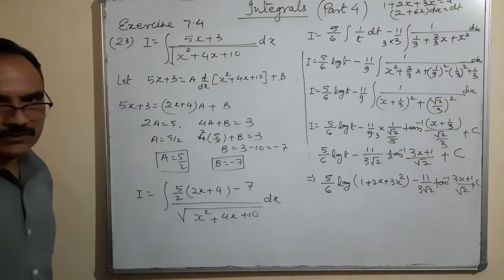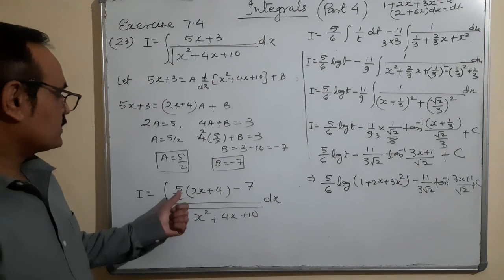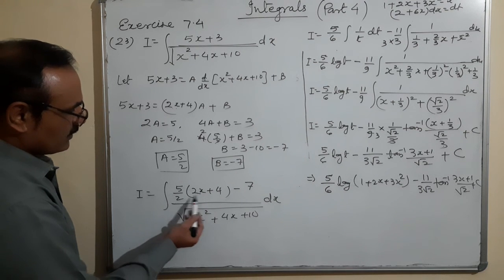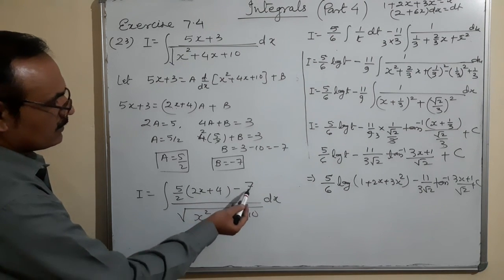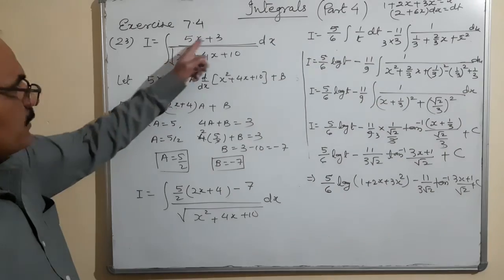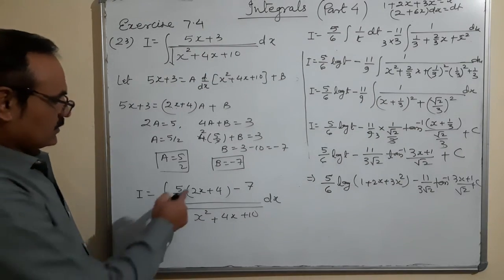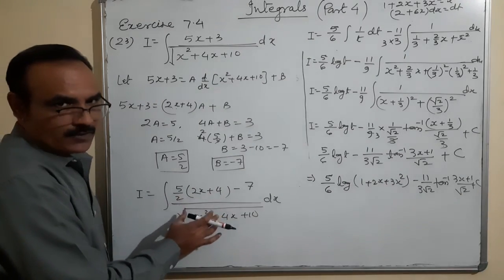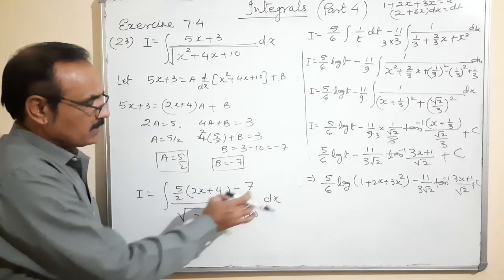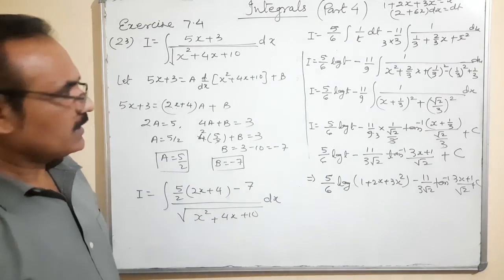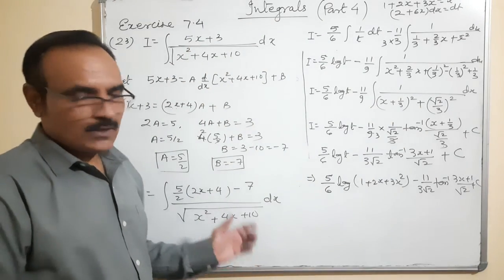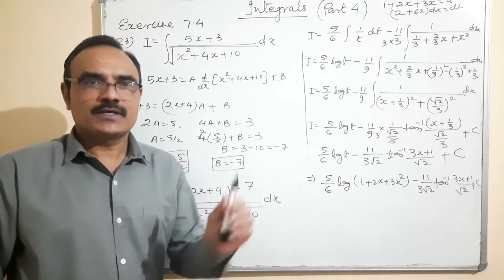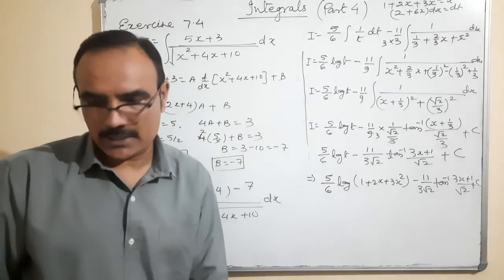You can cross check also, to see whether you are correct or not. See, 5 upon 2 multiplied inside, the 2 cancels, it is 5x, plus 10 minus 7, that is 5x plus 3. So 5x plus 3 can be written in two different parts. One part is the differentiated term of the denominator, and the second term is a constant term. That is the best way of writing this. One term is a differentiated term and the second term becomes a constant in the numerator, so that you can directly use a special type of formula.